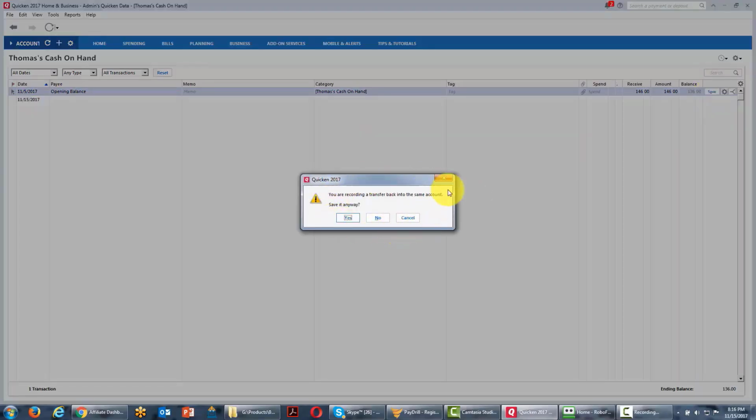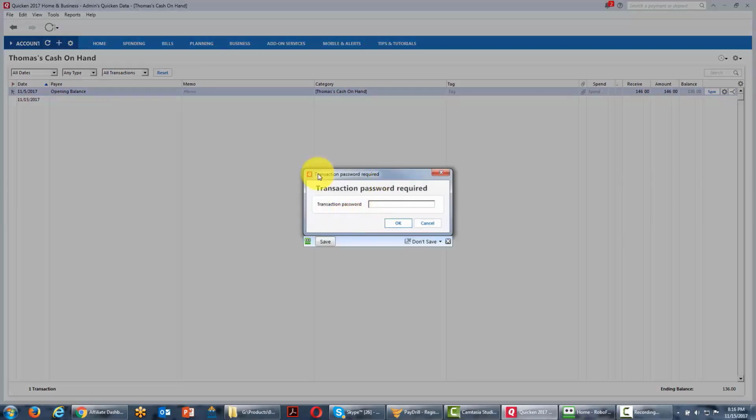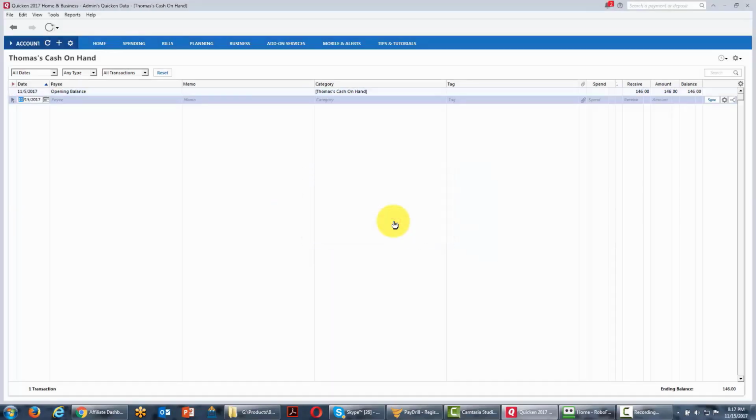And then Quicken's going to give us this warning message. We're going to click Yes. Again, because we are editing a transaction that has actually already occurred, we're going to be required to put that password in again, and we're going to click OK. And you'll notice now that we have changed our cash on hand to the day that we reflected. We know that we had